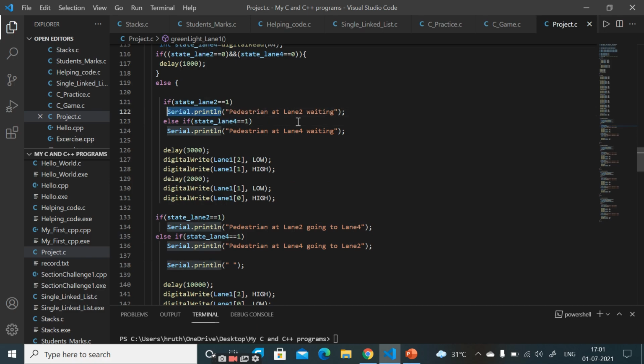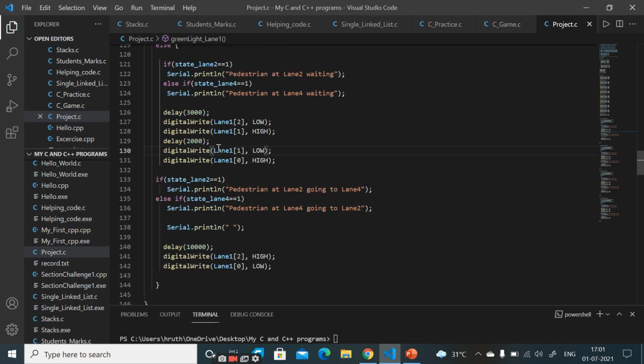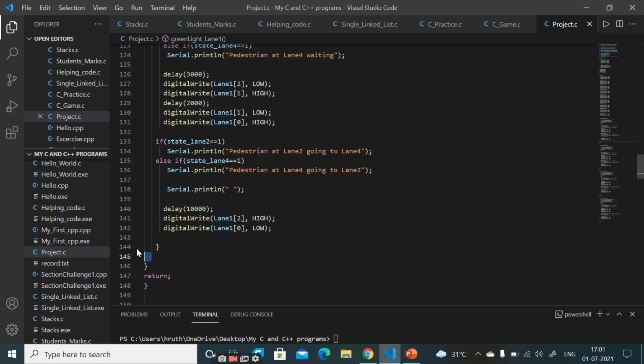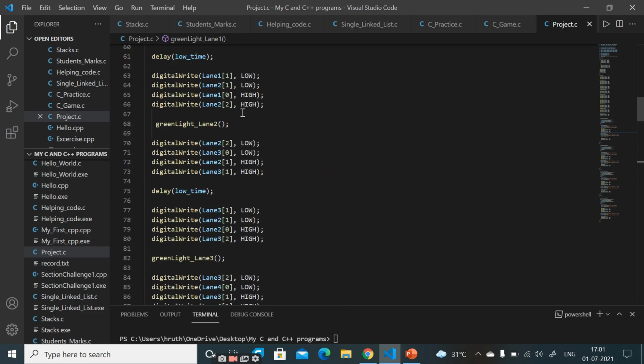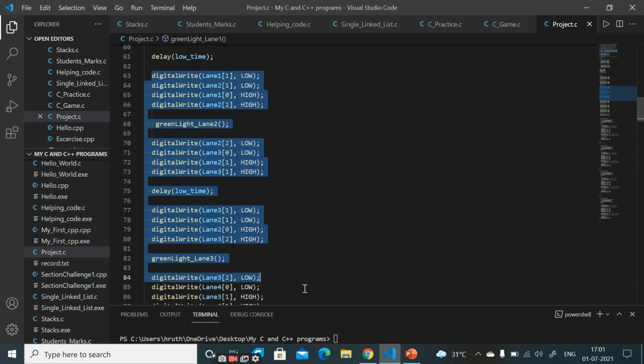This Serial.println function prints data to the serial port as human-readable ASCII text. This command can take many forms. Numbers are printed using the ASCII character for each digit. So obviously this is the green light lane 1 function, and similarly we can also see it for the remaining 3 lanes.